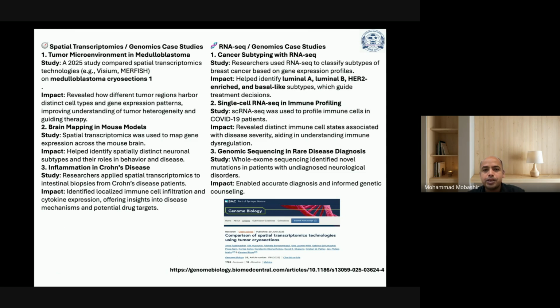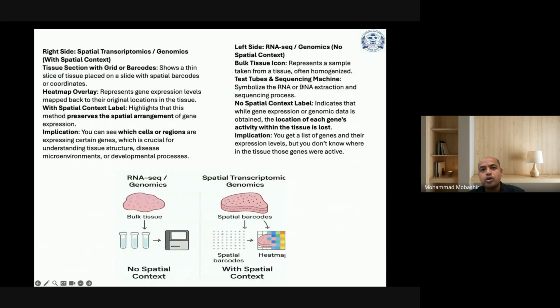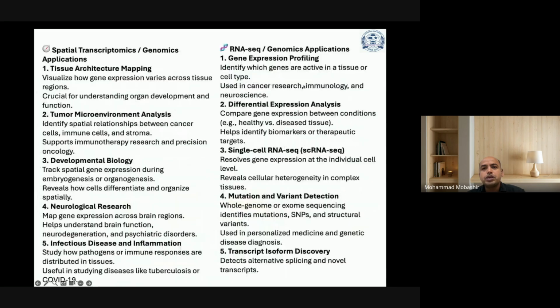Researchers applied spatial transcriptomics to intestinal biopsies from Crohn's disease patients. The impact: it identified localized immune cell infiltration and cytokine expression, offering insights into disease mechanisms and potential drug targets. Now, RNA-seq, which is quite common, so there is nothing